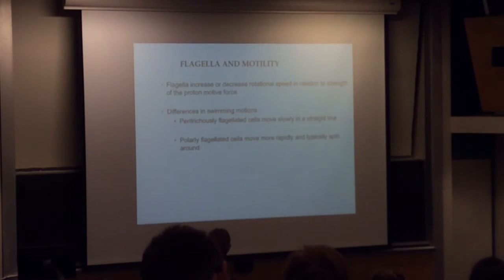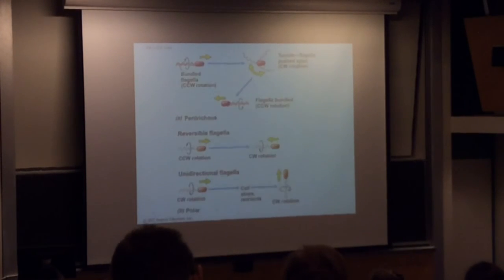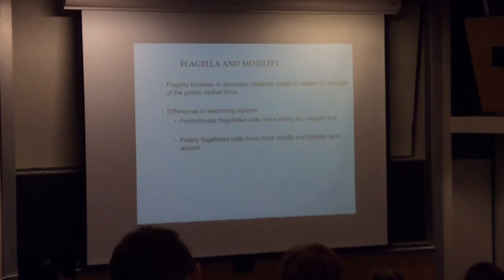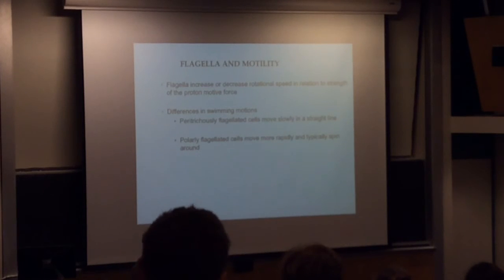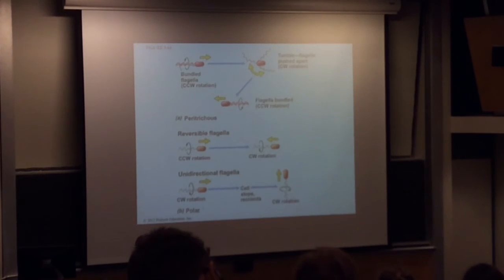So we saw that the MOT proteins can rotate the flagella, right? Depending on how the flagella is arranged, bacteria can move in slightly different ways. If it is a peritrichous flagellated cell, an example is E. coli, there are like 8 to 10 flagella all over the body. When it moves, all the flagella turn toward the end, all rotate counterclockwise, and then it can move forward.